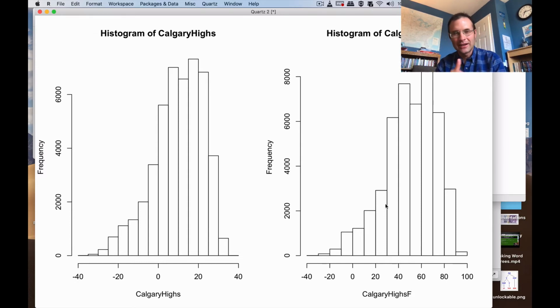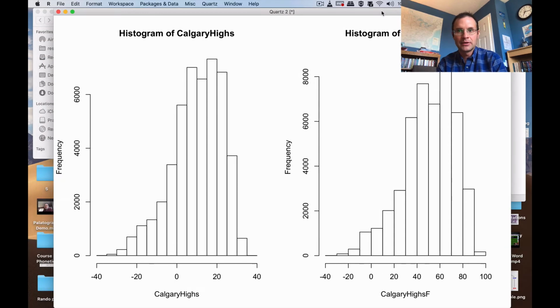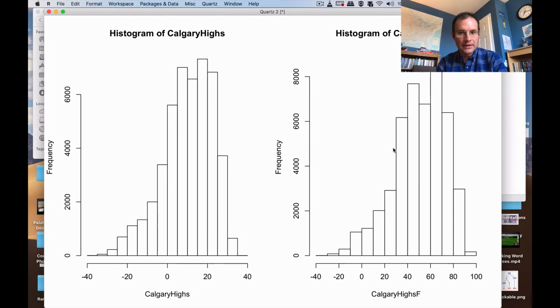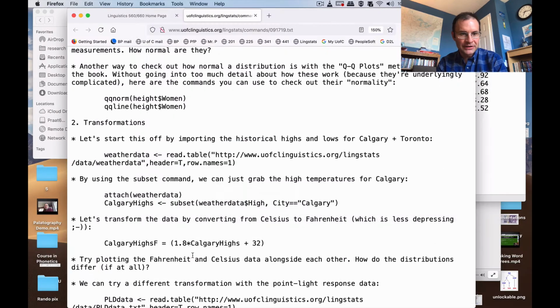But otherwise, you might just keep this in mind. The point is not to show you that it winds up being exactly the same, but that it can change in superficial ways that might be misleading. So don't forget this. If you do wind up converting your units of measurement, they might show superficial differences based simply on that conversion, even though it's essentially the same distribution shape underlyingly. I'm not going to say anything further about that, but I will show you one other example,